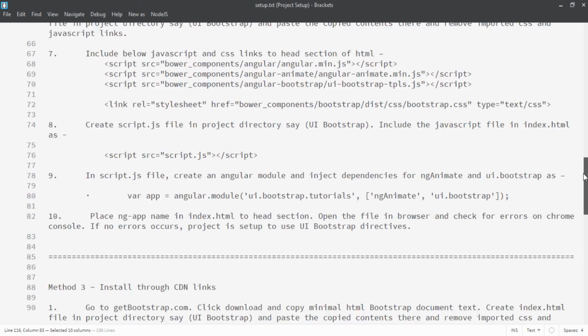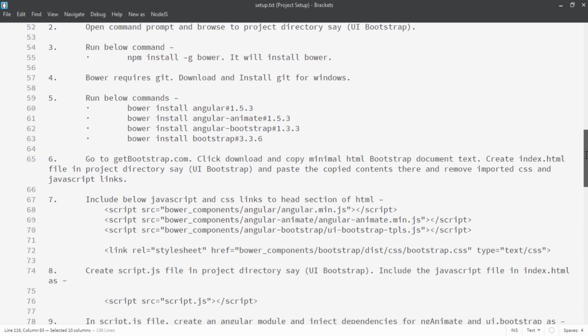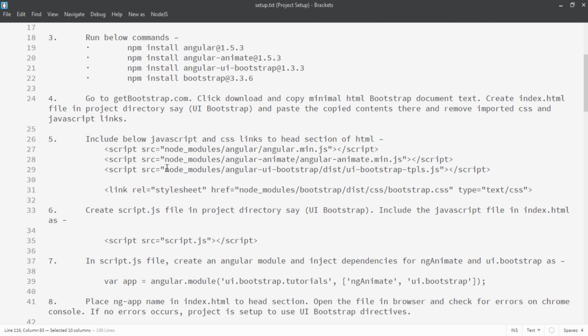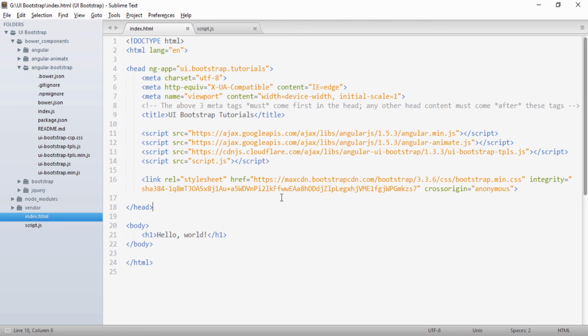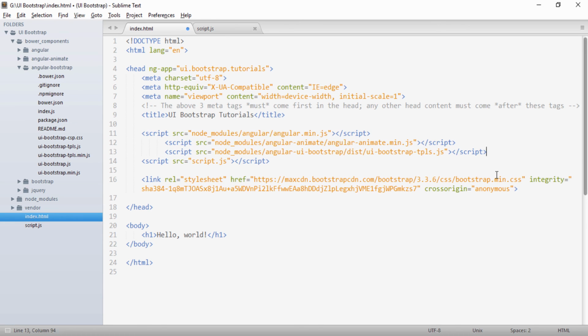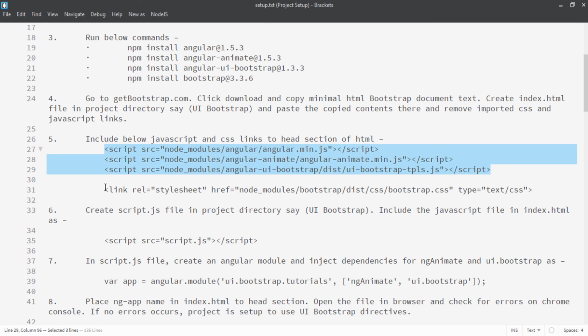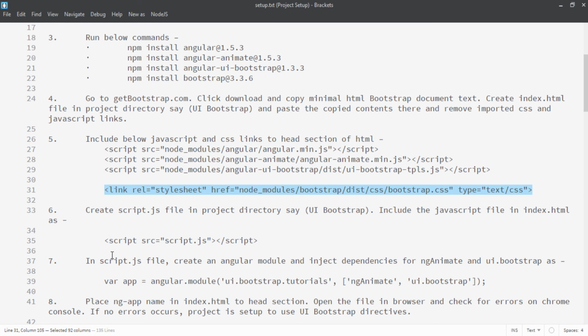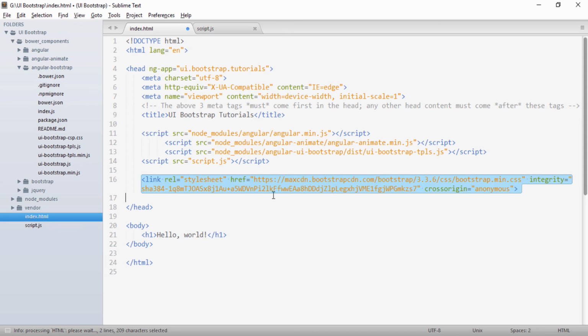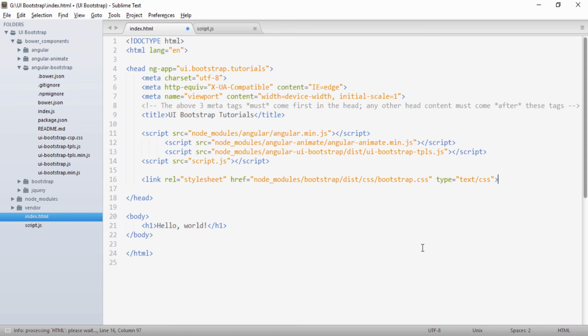If I go above, I will copy all this stuff, and I will also copy the link, and now I will change node_modules to vendor.